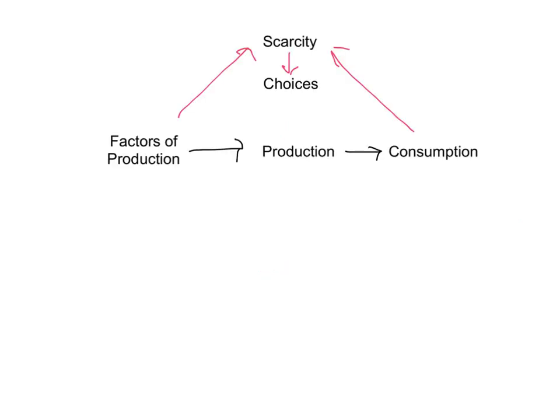To summarize what you've seen here, the factors of production are what go into production, and nothing can be consumed without first being produced. Scarcity exists because the factors are limited, but needs and wants, the things that we might consume, consumption is potentially unlimited. And because of the unlimitedness of this and the limitedness of this, we need to make choices. Economics is merely the study of how people use these scarce resources to satisfy their wants and needs, and how they should.